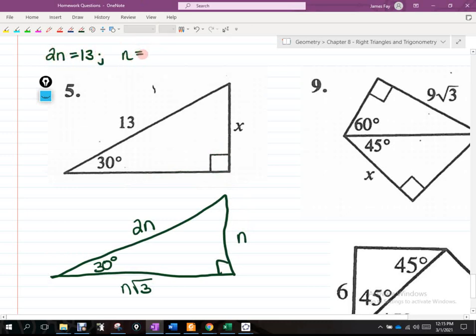Therefore, n is going to give me 13 halves, 13 over 2. Don't write it right now as like 6.5, okay? Because that removes a fraction, and when we want fully simplified, usually the rules for fully simplified mean no decimals,